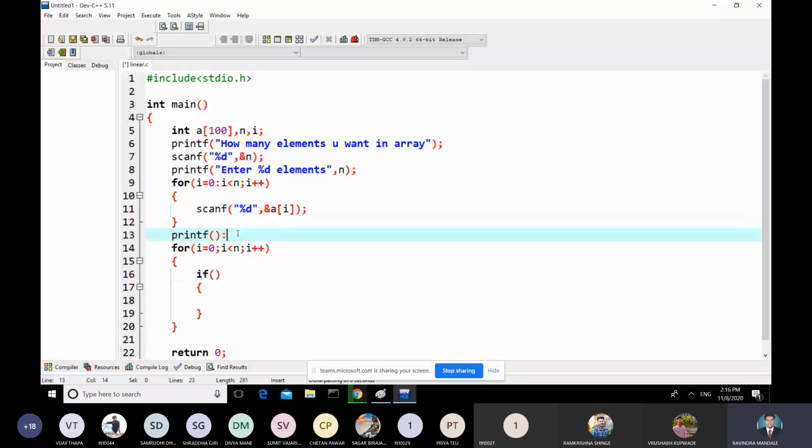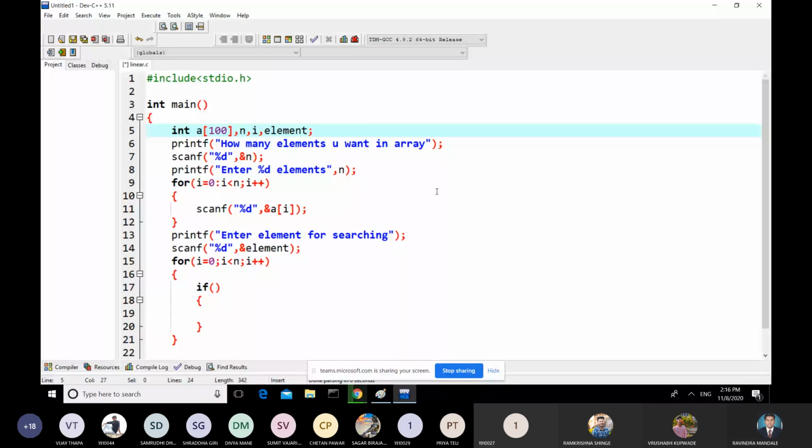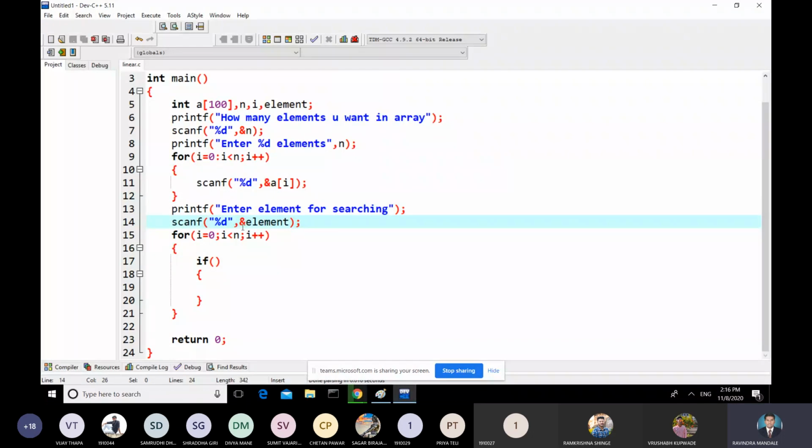So enter element for searching, %d and element. Declare this variable also at the beginning.